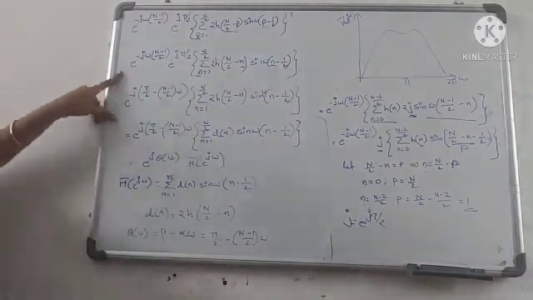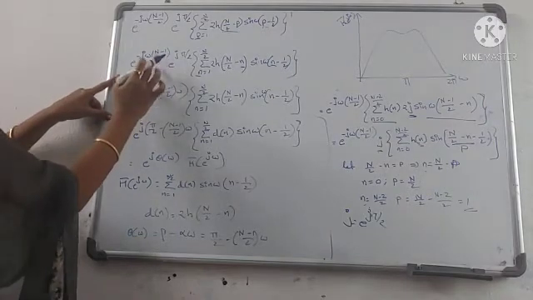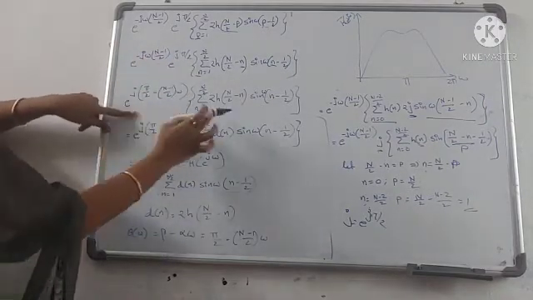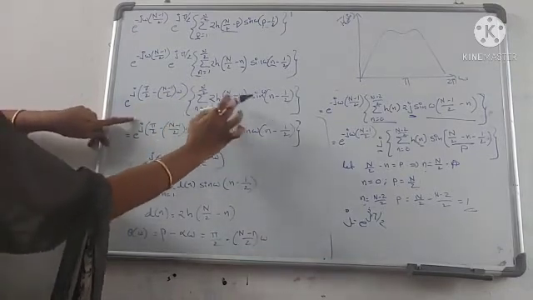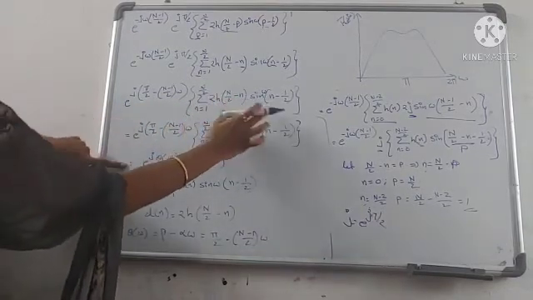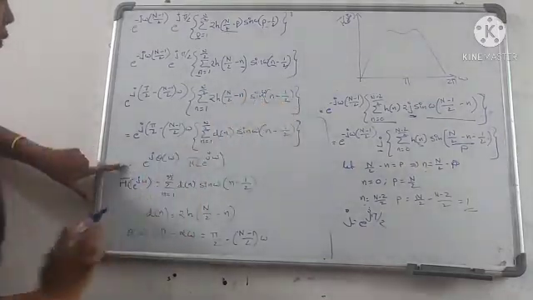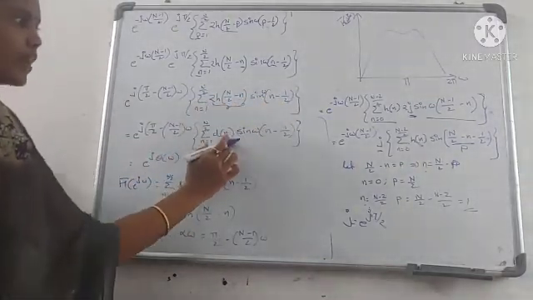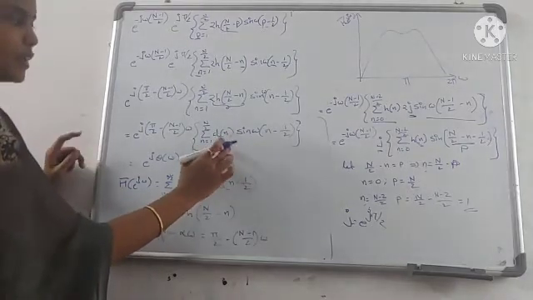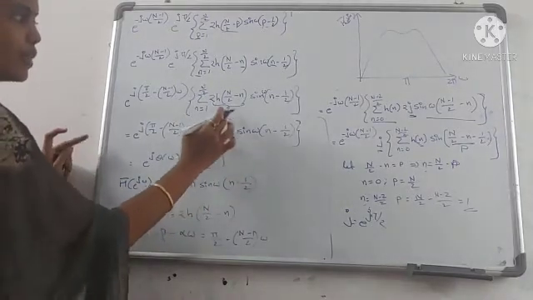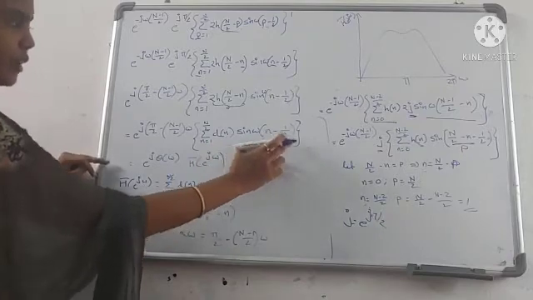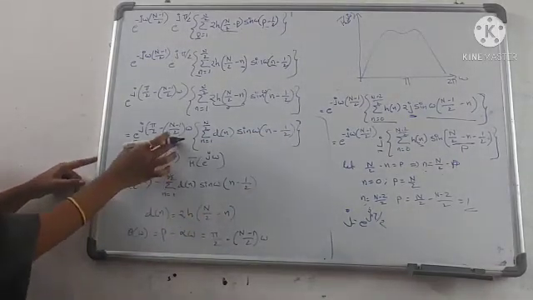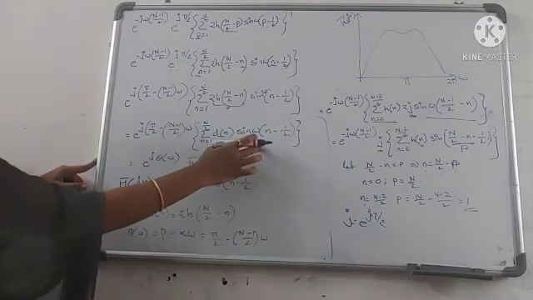So now, this is in the form of a power m into a power n. You have to write it as a power m plus n form. Summation n is equal to 1 to n by 2, h of n by 2 minus 1 and sine omega of n minus 1 by 2. Now consider this is d of n. For simplification purpose you have to write this value as d of n, sine omega of n minus 1 by 2. So it is in the form of phase angle and magnitude response.